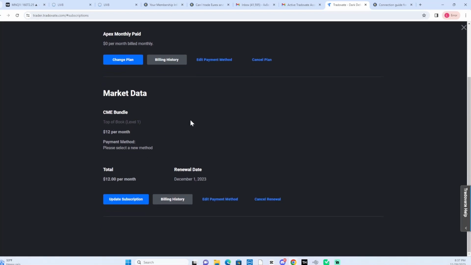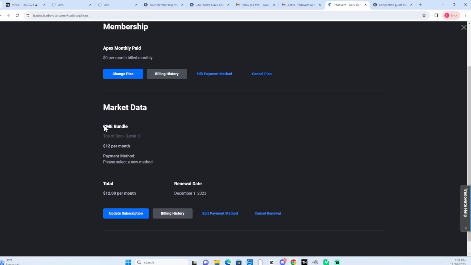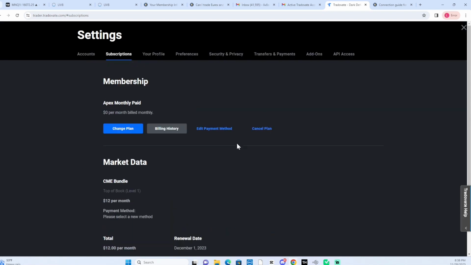From there you'll have the CME top of book level 1. So definitely, if you're trading Tradingview, you definitely want to make sure you have the CME bundle, and this is $12 a month. So you are paying a few dollars extra for some things, but honestly, it pays for itself, especially when you're talking about data and time and getting data in real time. I wanted to make sure I added this on because I know some people were asking, well, where do we get that real-time data? And it's right here inside Tradovate,